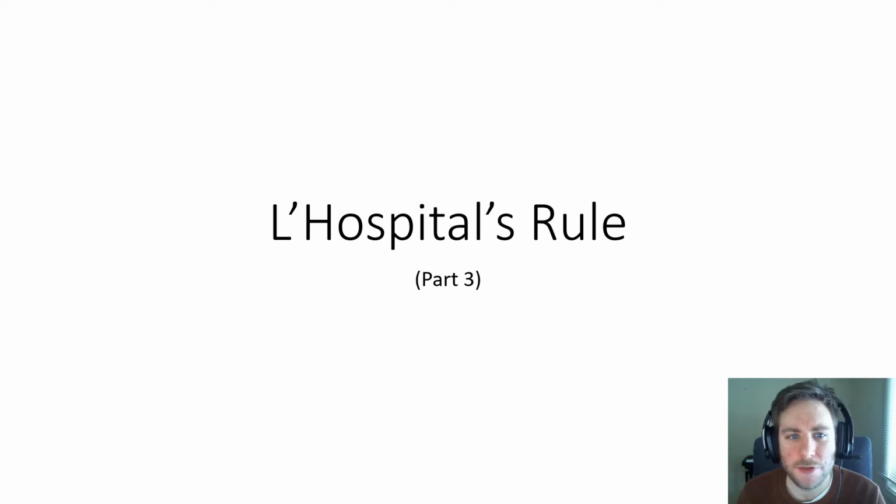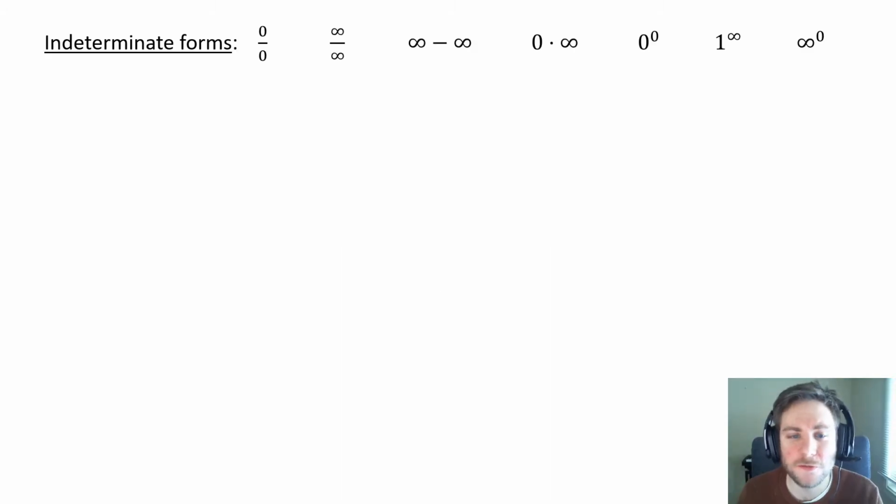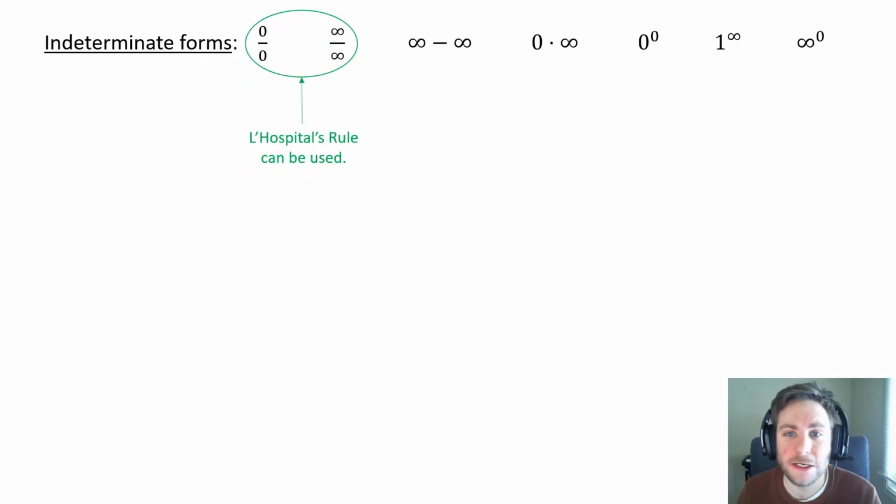Hi everyone. In this video, we'll develop strategies for applying L'Hopital's rule to the indeterminate forms of exponential type. So far, we've developed the following strategies for each of these different types of indeterminate forms. For the fractional types, 0 over 0 and infinity over infinity, we can just directly apply L'Hopital's rule. For the other types, L'Hopital's rule can be used as long as we're able to convert to one of these